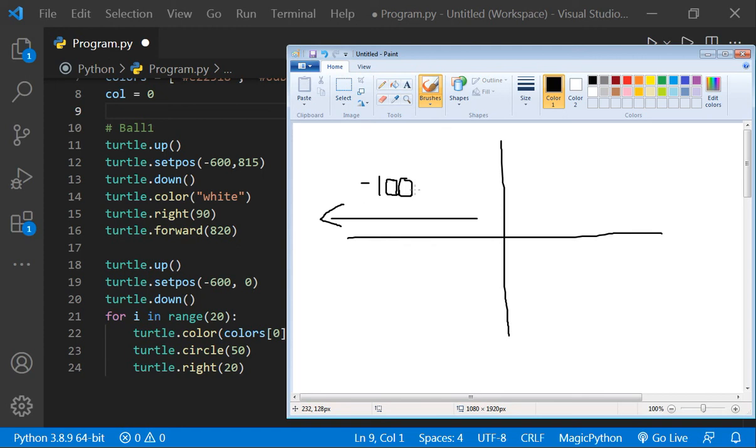The more we want to move towards the left, the more our number will decrease, and the more we want to move towards the right, our number will increase. Suppose we want to move 100, so it will be 100. So this one is for the x-axis.